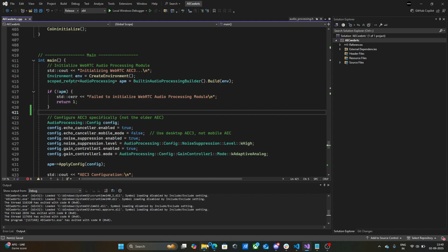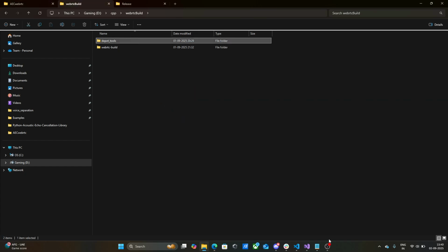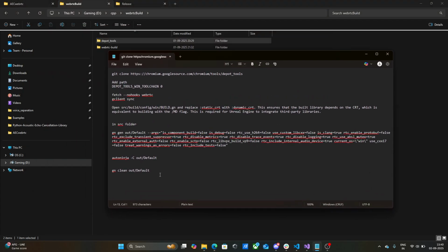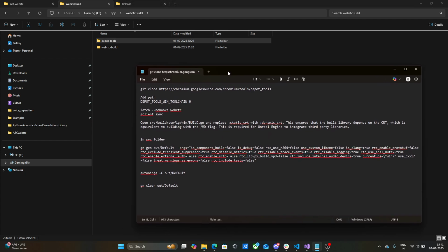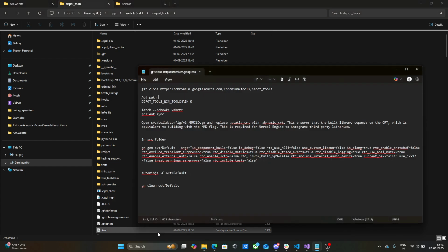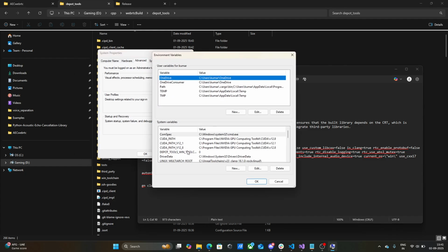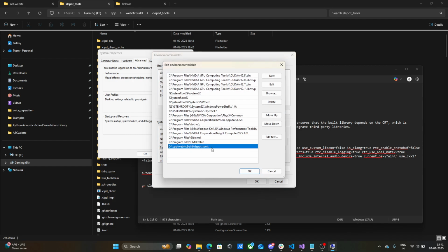Okay, so first you need to install the depot tools. I have made some docs. I will put it in the comment section or description. You can take it. So first you need to clone the depot tools and you need to add it to the path. So here is my depot tools, and you can go to the system variable, and then in the path you can see that I have added the depot tools here, and make sure this is above